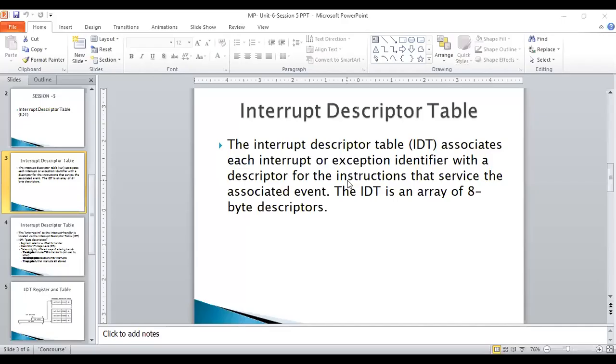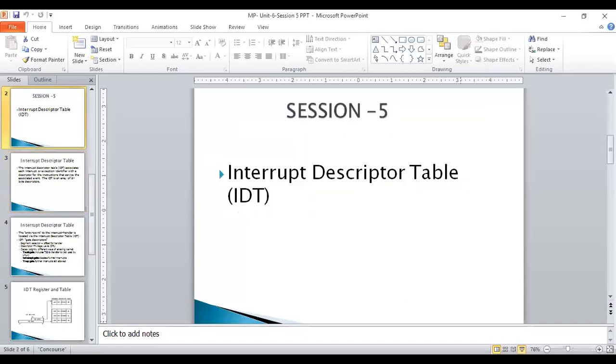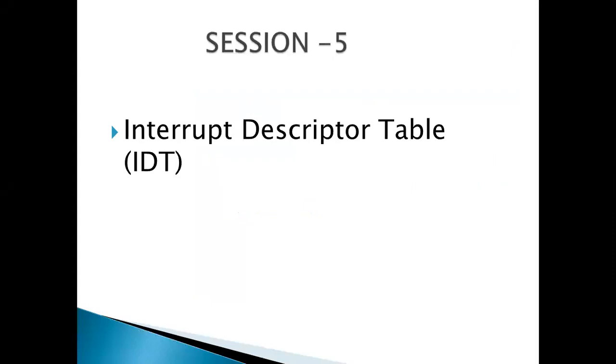Okay, so for the last session we started with the interrupt descriptor table. We discussed last time the role of the descriptor table.